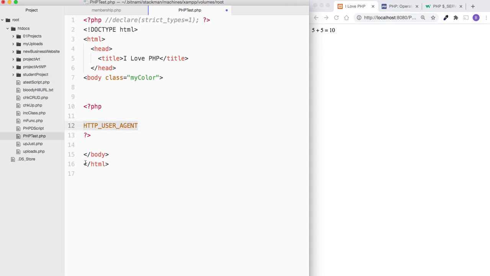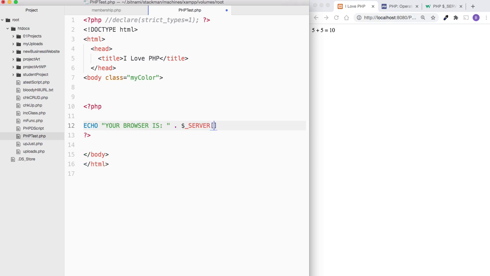We're going to do echo "your browser is", let's put a space there, keep that there, and just say $_SERVER, and then we're going to say